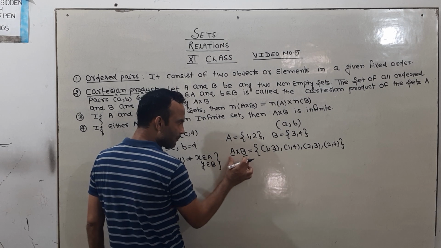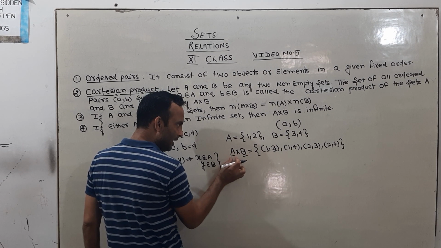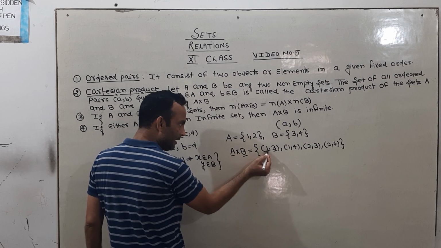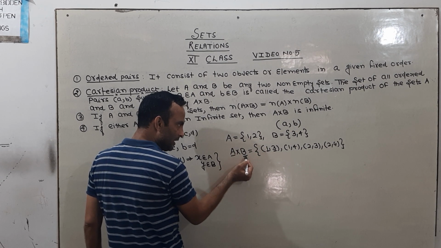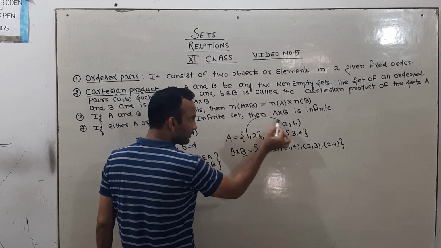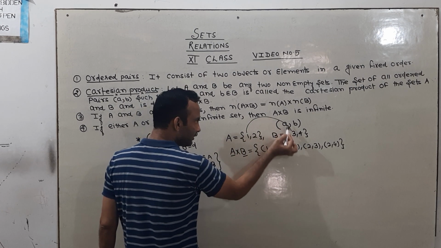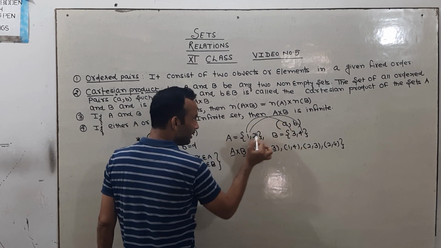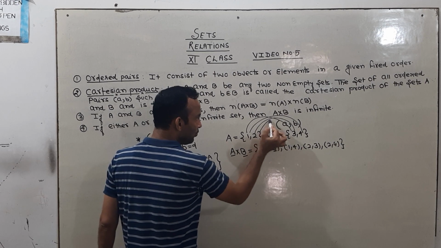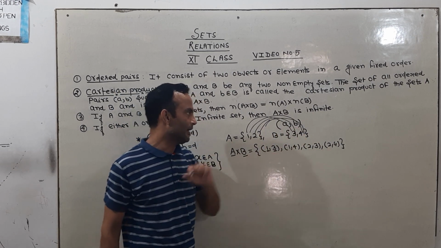यानी जब आप कार्टेशियन प्रोडक्ट करेंगे दो सेट्स के बीच में, तो जो सेट पहले लिखा हुआ उसका एलिमेंट पहले लिखेंगे एंड जो सेट बाद में लिखा हुआ उसका एलिमेंट बाद में लिखेंगे. You can see here (1, 3) because I am doing A cross B, so the first element will come from which set? A. (1, 3), then (1, 4), then (2, 3), then (2, 4). This is the required answer of A cross B.